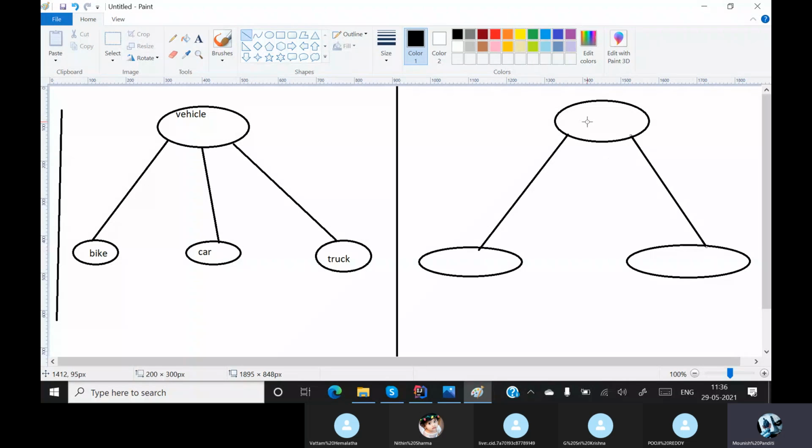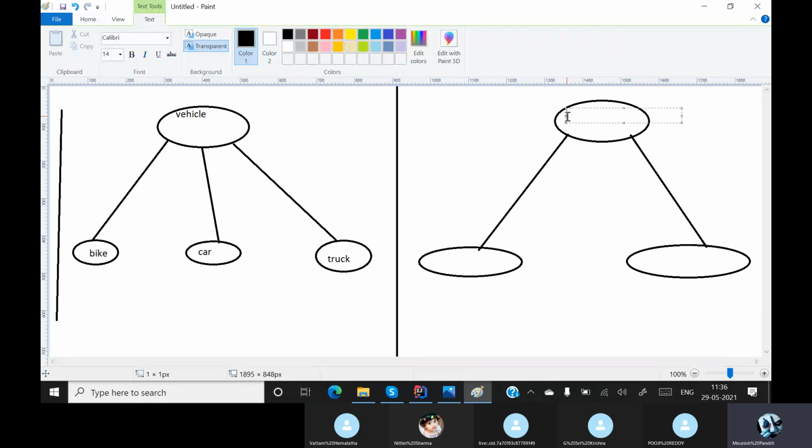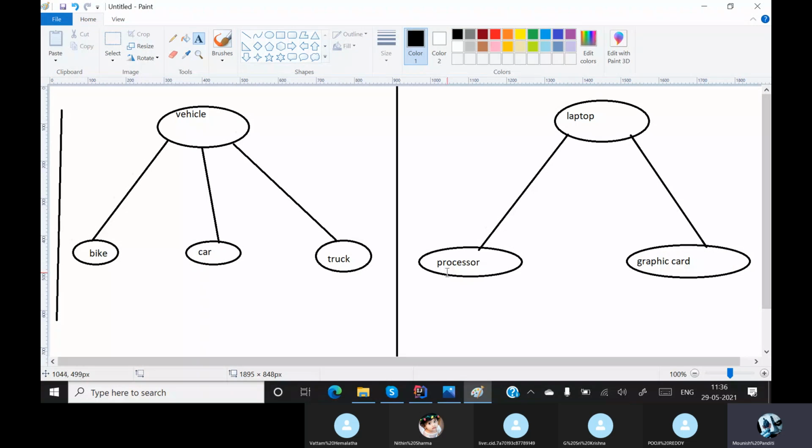Okay, you can say that laptop has a graphics card and laptop has a processor. That is how you read composition. Processor, and you have a graphic card.